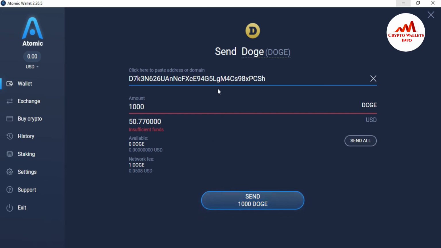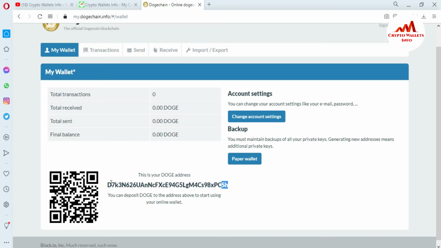After you click on send, a new pop-up opens in front of you with all the information about how much you want to send and where you are sending your money. So you must cross-check again, and after that enter your password. Then your amount will be transferred from your Atomic Wallet to your Dogecoin wallet. After some confirmations, you will receive the amount in this area.